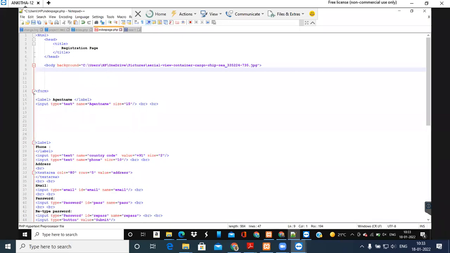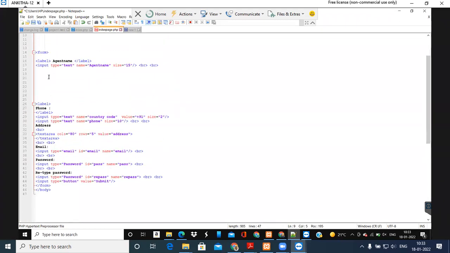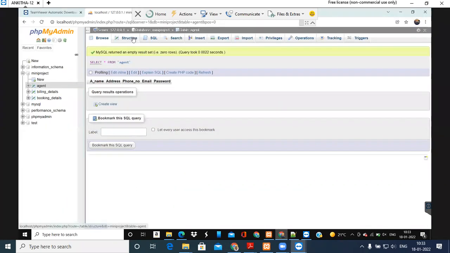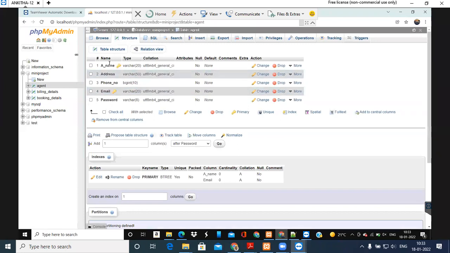Okay, and then form. This form is important because through forms only in HTML we can create an interaction between the user and the server. So here you see, how to create a form, how many fields we need to create. That is the number of input fields, and the type of field will depend on your requirement, meaning the attributes you define. If you want to register the agent, for that agent we need to accept this information. So here the information is agent name, address, agent phone number, and then email and password.